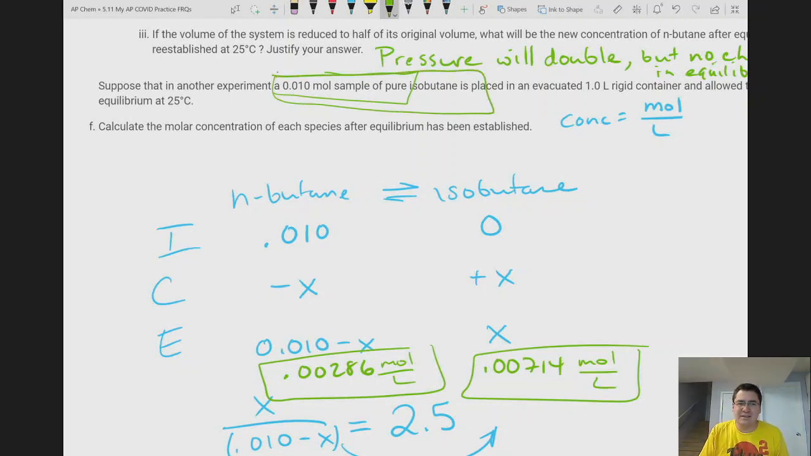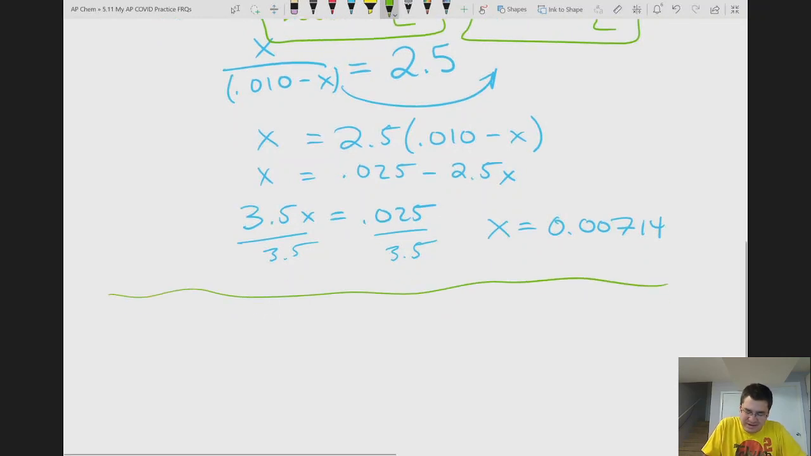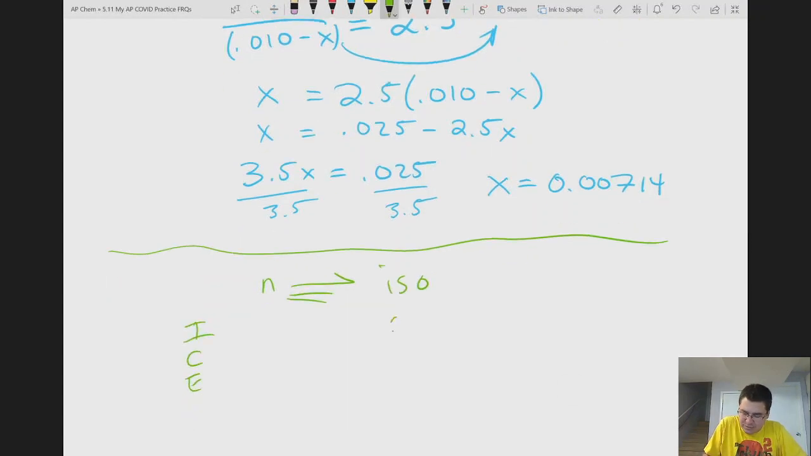So I think I know the answer to this one. You start with 0.010 moles of isobutane. What's going to happen to it? It's going to go to the same equilibrium. That is correct, but I just want to show you because it's kind of interesting. So N to iso, and this time we'll just prove that it comes out the same, 0.010